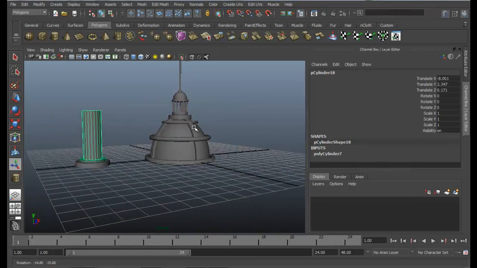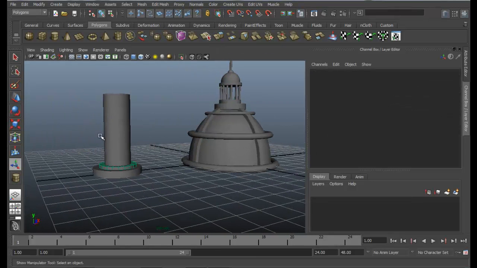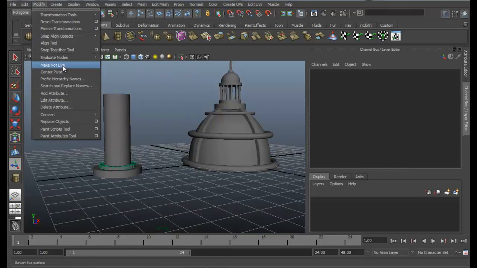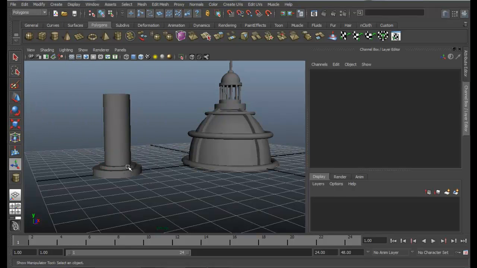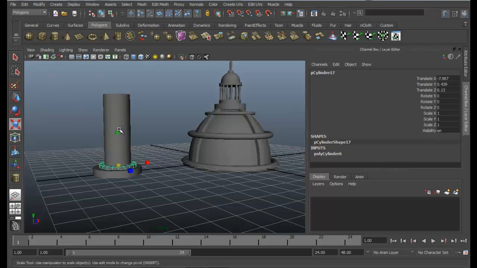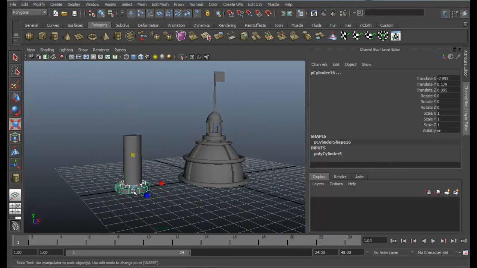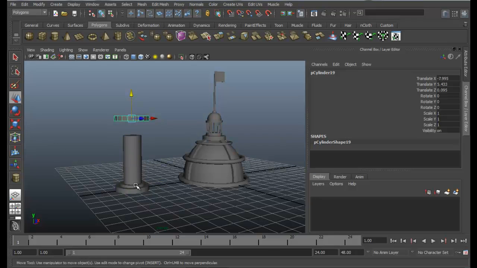But I think the heights are pretty good. Make it not live. You can also increase the heights. Okay, that's great. Just duplicate this, move it up, this one as well.